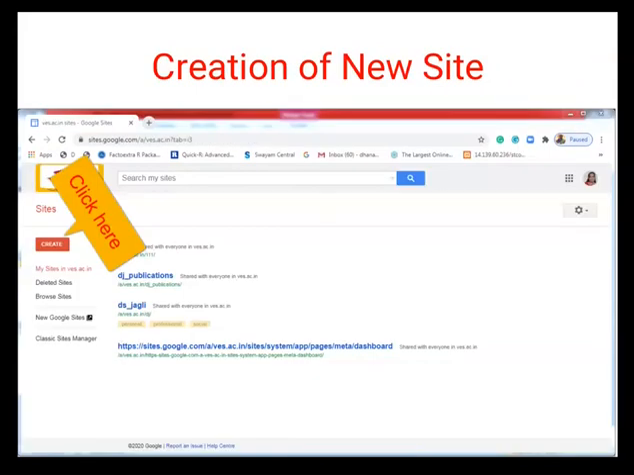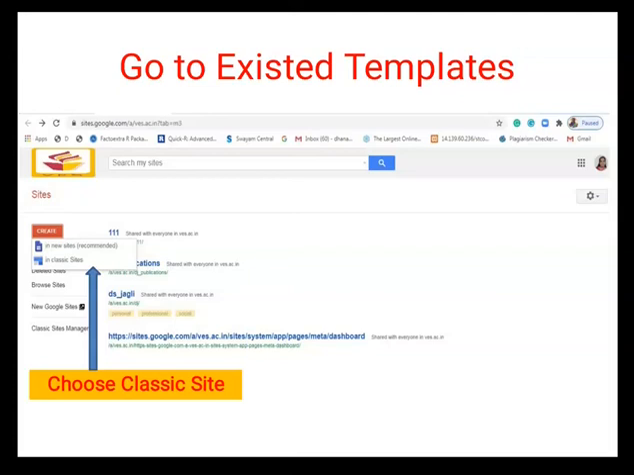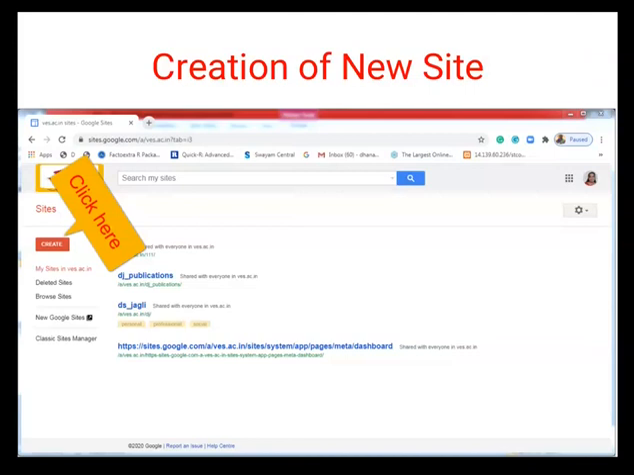But if you want to create a completely new site, which is not as per the given templates, then we need to click on the create button. There again we can see the two options, that is new sites and classic sites. For creating new sites without using any templates, we need to choose the first one, that is new sites. So when you click on new sites, that takes you to